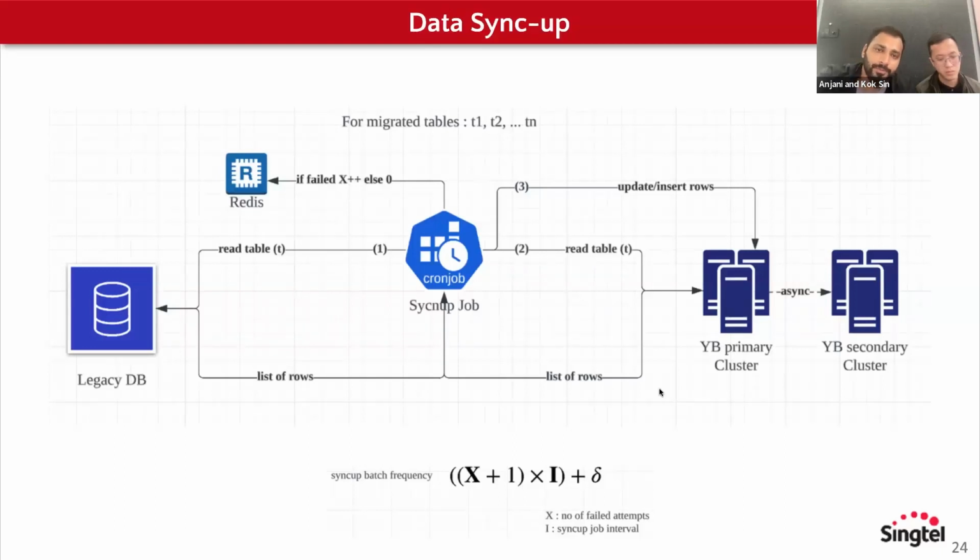So, as we know, our application has two databases running simultaneously. Even if we have completed our database migration with Voyager and the Yugabyte client, there are two databases running simultaneously, and there are some services which are connected to the legacy database itself, which gives rise to a data inconsistency issue between our target data source, which is YugabyteDB, and the source, which is the legacy databases. To resolve this issue, we have a cron job running with the sync up frequency as